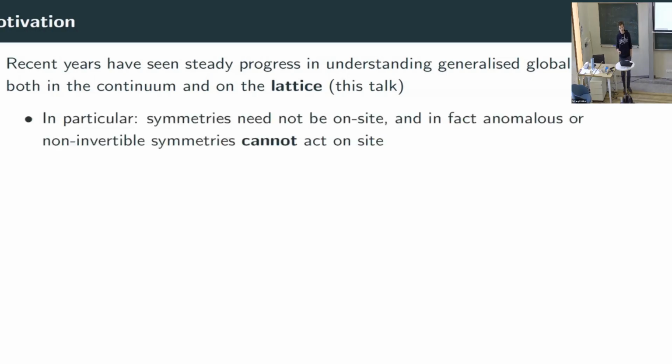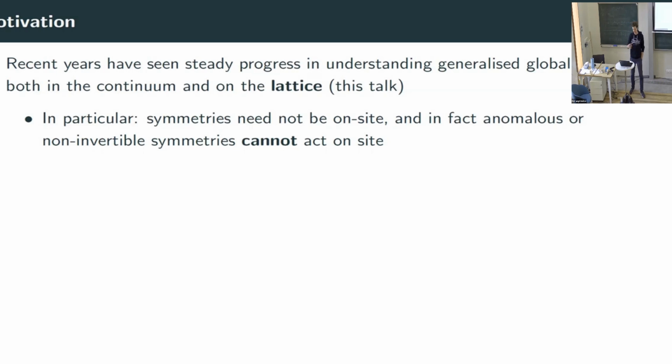So in particular, what people have really started embracing and emphasizing is that symmetries do not need to act in an on-site way. So the setting I'm interested in is where you have some tensor product Hilbert space, some quantum spin chain, some interacting spins. And normally we would say, okay, I have some symmetry, it's described by a group, let's say some global SU2 symmetry. And this is what we call an on-site symmetry, because you just do an SU2 rotation for every spin, but there's no communication between neighbors.